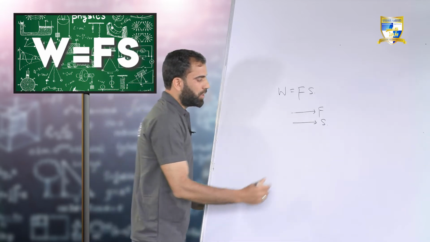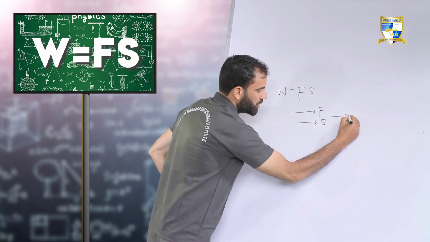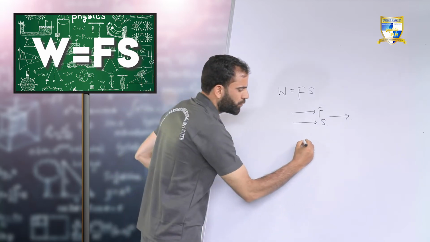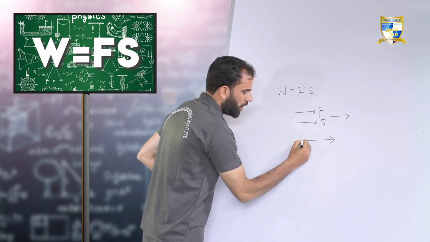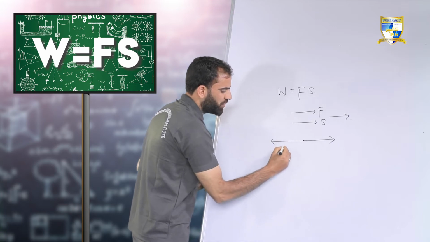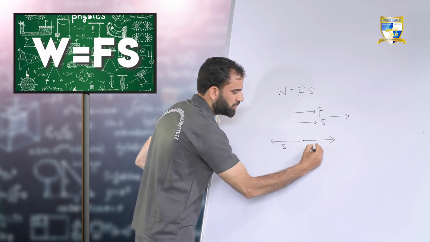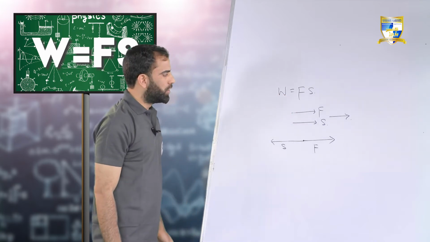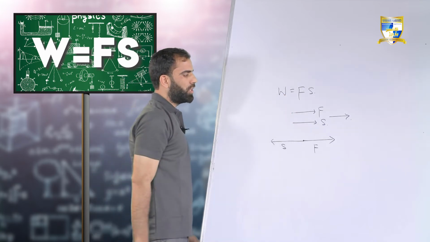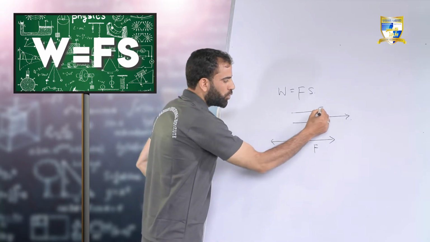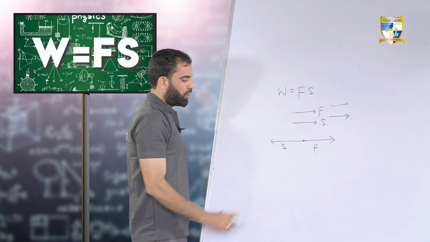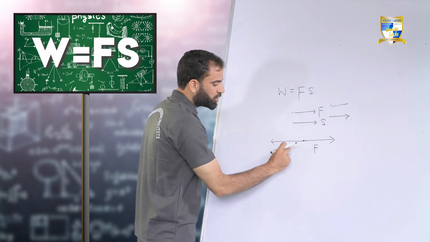Or even if force and displacement are acting in the opposite direction, again this formula will be used. So this formula will be used only when force and displacement have the same direction, or when they are